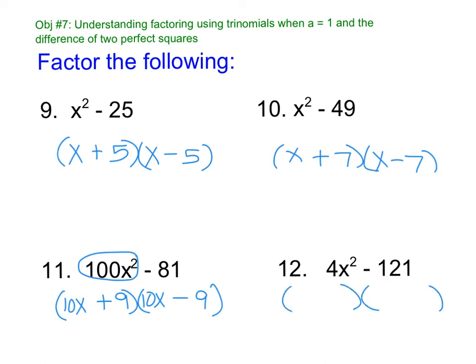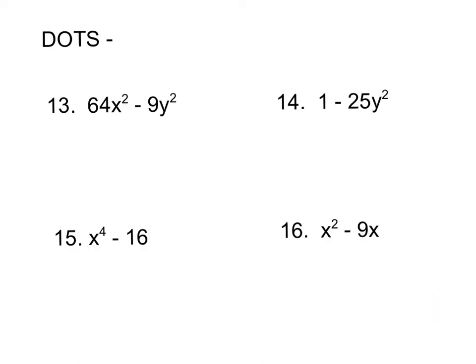What times itself is 4x squared? That's 2x times 2x is 4x squared. 11 times 11 is 121. One's a plus, one's a minus. So I call this the dots